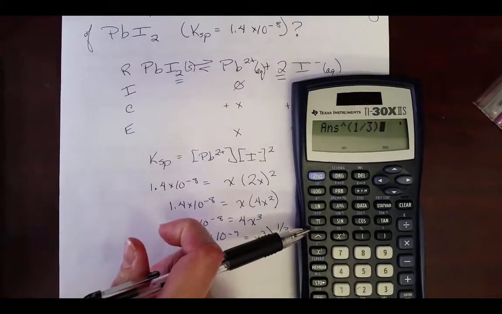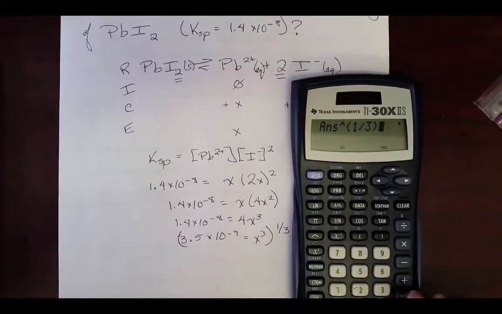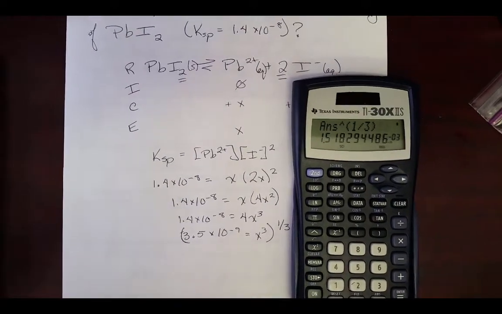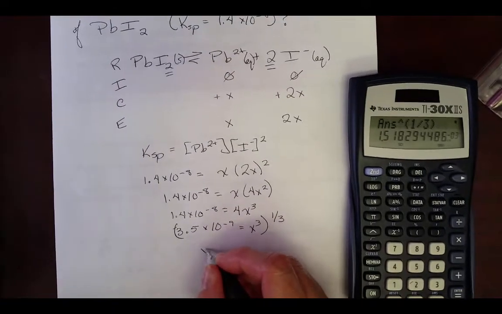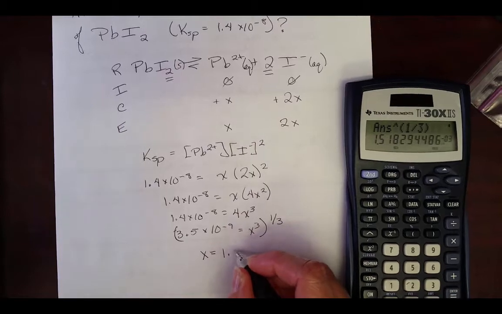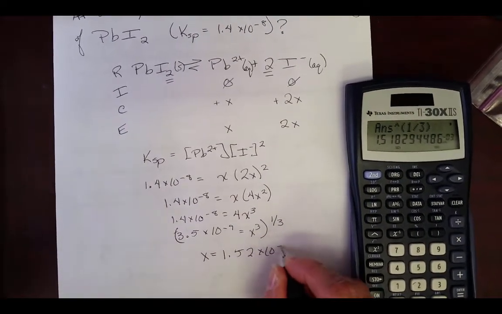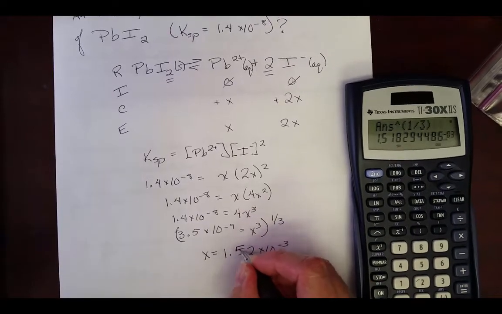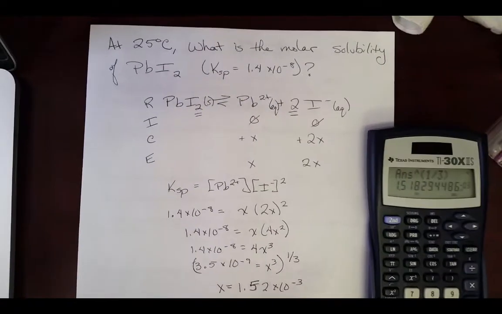That's actually going to be the button that's right above the caret. So that should work as well, but again, I find this to usually be a little bit more foolproof, and the faster we have to go on exams, the more we like things to be as simplified as possible. It's going to be 1.52 times 10 to the negative 3. So now we have our X, and that's all well and good, but we want to look at what the